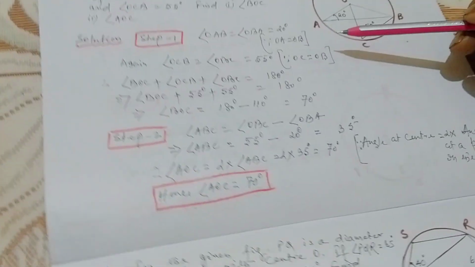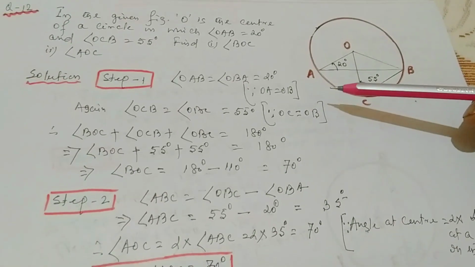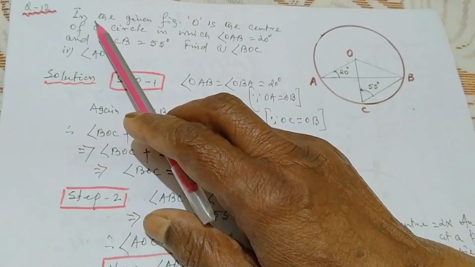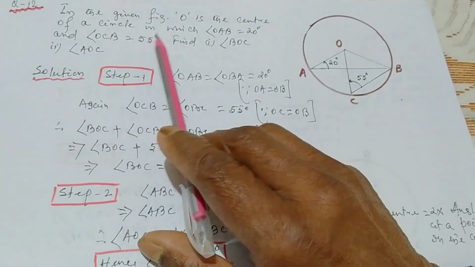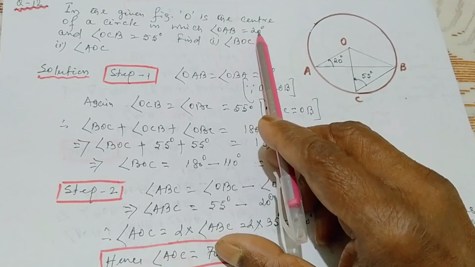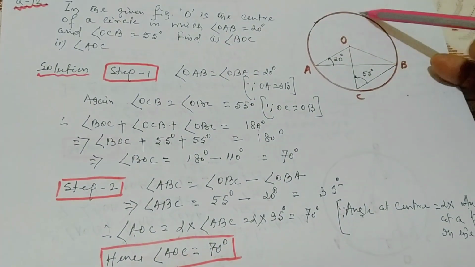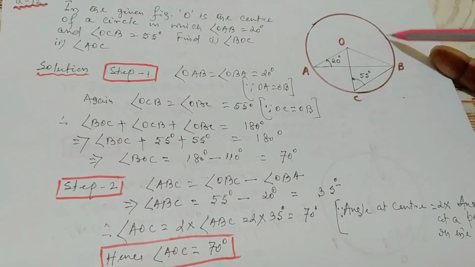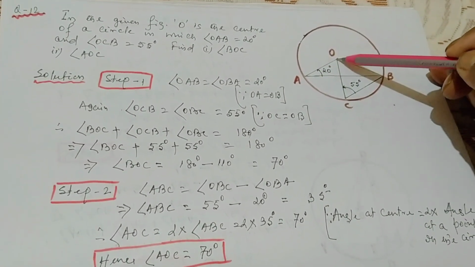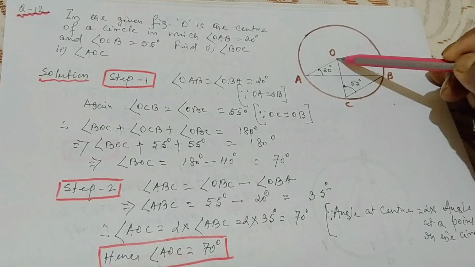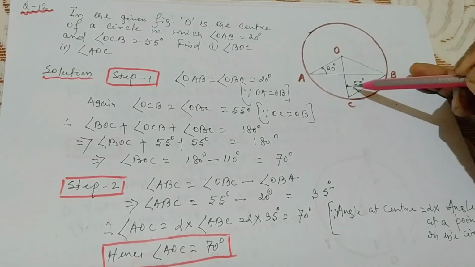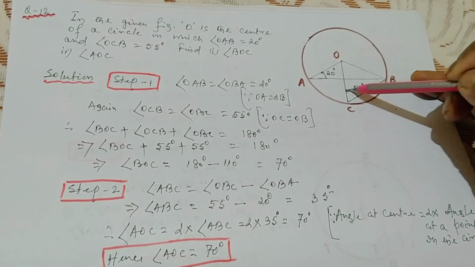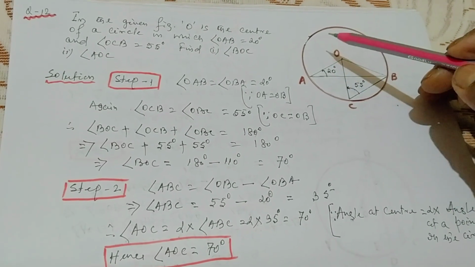आज आप लोग को सर्कल चैप्टर्स के एक्सरसाइज 11B के क्वेश्चन नंबर 12 का बारे डिस्कशन किया जाएगा। चलिए हम लोग क्वेश्चन 12 में चलते हैं और क्वेश्चन पढ़कर हम सुनाते हैं। In the given figure, O is the center of a circle in which angle OAB is equal to 20 degree. साइड में आप लोग का डायग्राम ये दिखाई पड़ रहा है। ये डायग्राम जो है सर्कल का है जिसका O सेंटर है और angle OCB equal to 55 degree ये क्वेश्चन में दिया हुआ है।